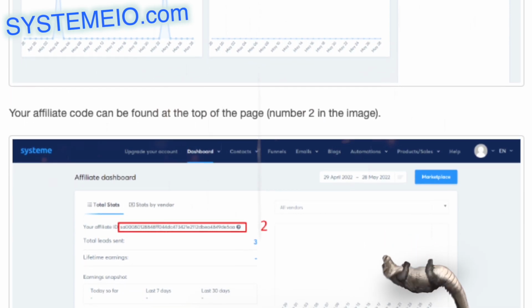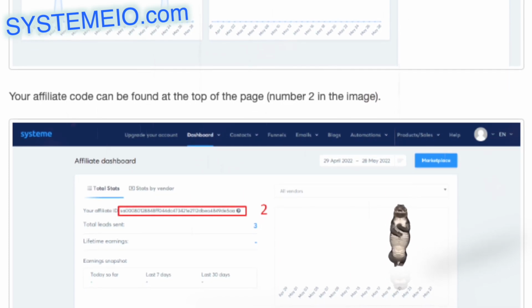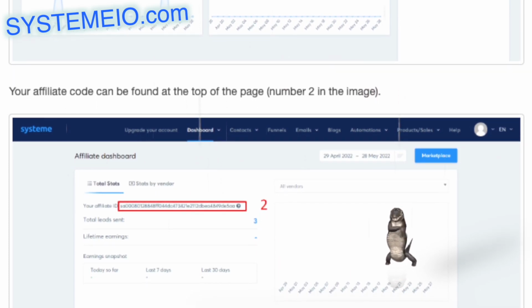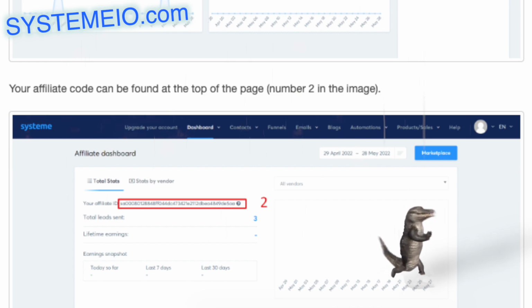SA equals SA00041537157DBE466C95A6395A63995A63995A63995A603BEA587. To find your affiliate ID, as well as your various affiliate links, go to Dashboard, then Affiliate Dashboard. Number 1 in the image, your affiliate code can be found at the top of the page. Number 2 in the image,